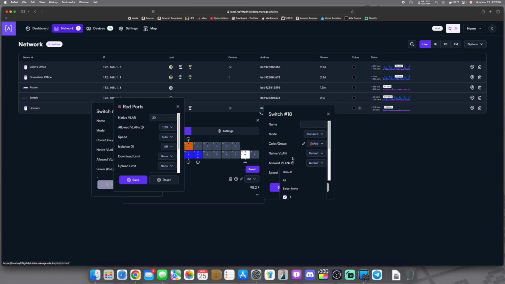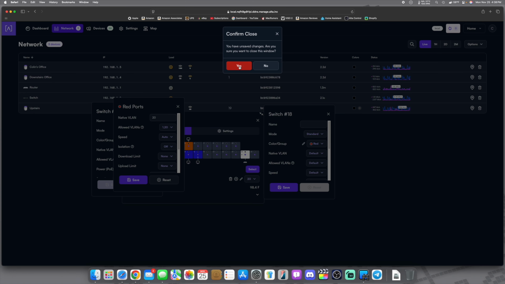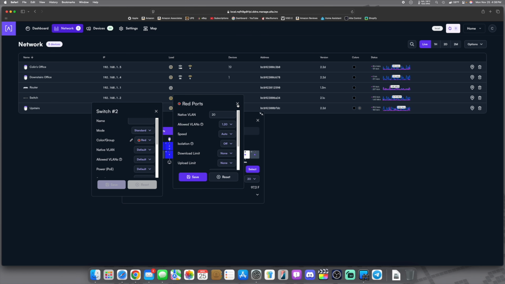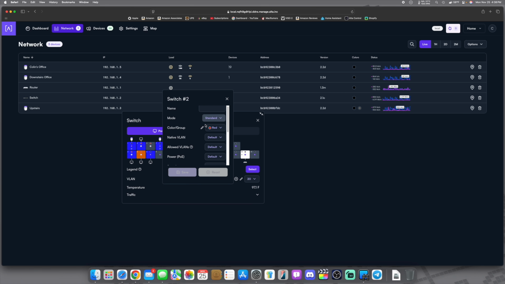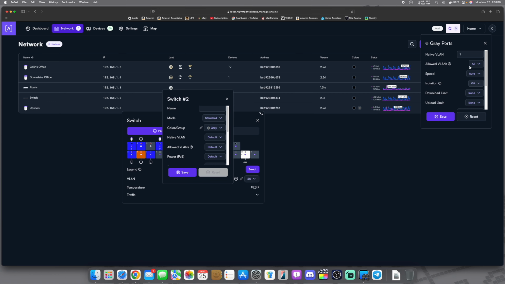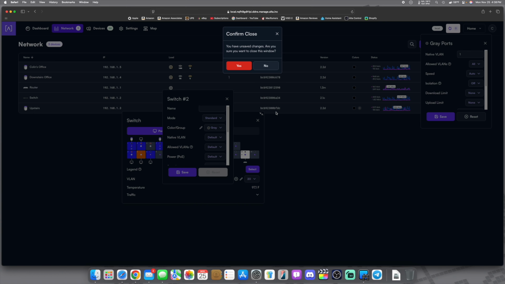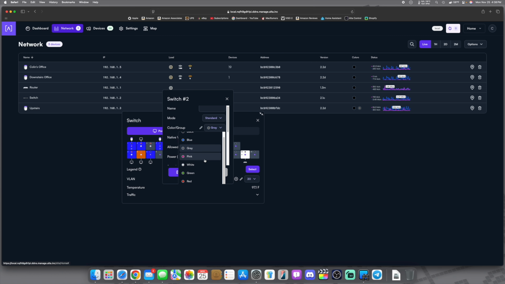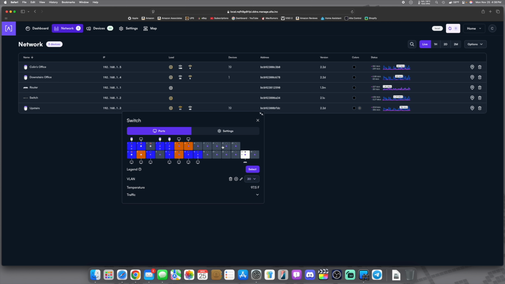So when it says default right here, that's what it is defaulting to, the settings for that color. So you can assign, if you make a color, like we'll go here to gray, and I pick gray, you can edit these settings for the gray color, and then instead of having to go and edit each port and all these settings individually, if you want to set up, say, I want, we'll hit select here,